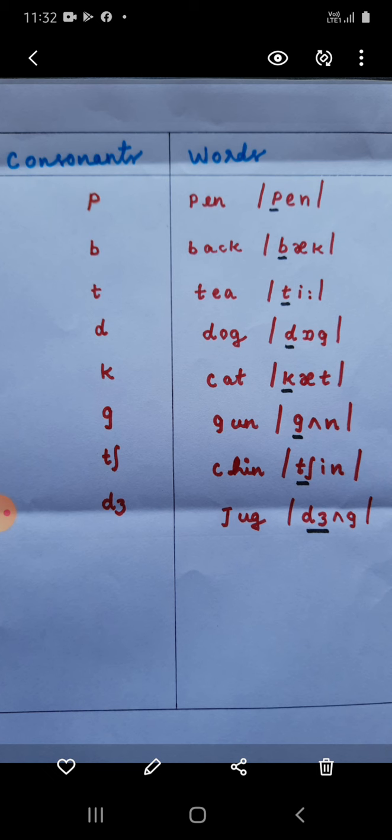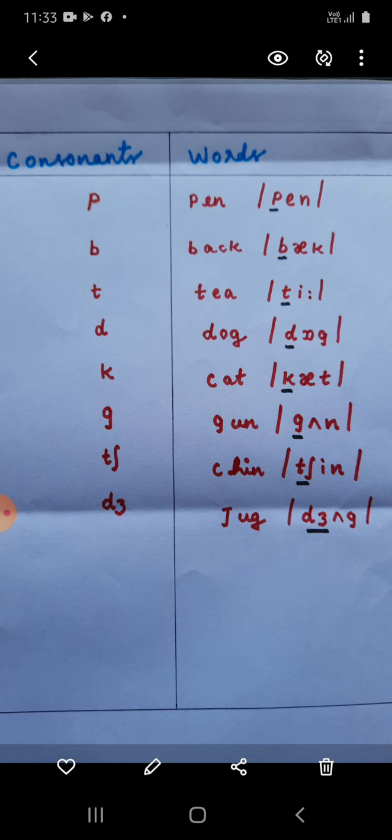The second sound we have studied is B. Now we are passing on to the third sound, that is T sound. T. Very easy to write. The writing style is small letter T and the pronunciation is T sound. We should not pronounce it with so many stresses there, but it is T. The pronunciation is very light pronunciation. Okay. So the sound is T.